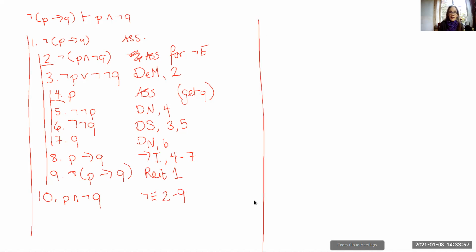So as I said, if I were going to try to do this without using the derived rules, I would get to this point where I've got my first two assumptions, and then I would need to do something in order to be able to get something that doesn't have negation as its main connective. Now, the fact that you can go from 2 to 3 using the De Morgan's laws indicates